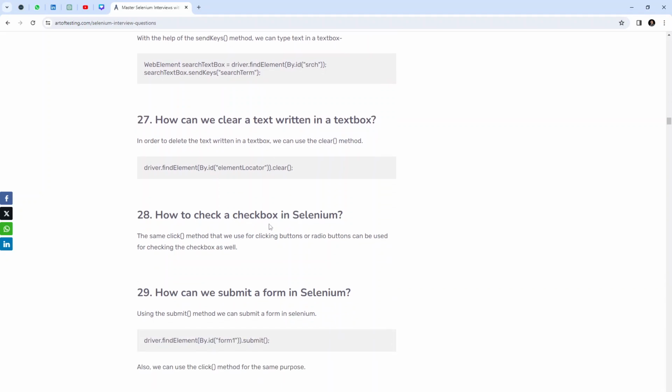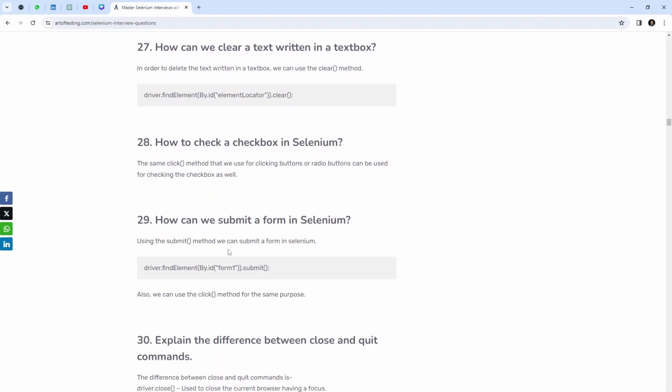How to check a checkbox in Selenium? The same click method that we use for clicking buttons or radio buttons can be used for checking the checkboxes as well. How can we submit a form in Selenium? Using the submit method, we can submit a form in Selenium. driver.findElement(By.id("form1")).submit(); Also, we can use the click method for the same purpose. findElement(By.id("form1")).click();